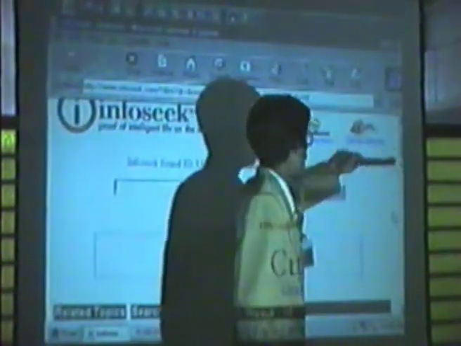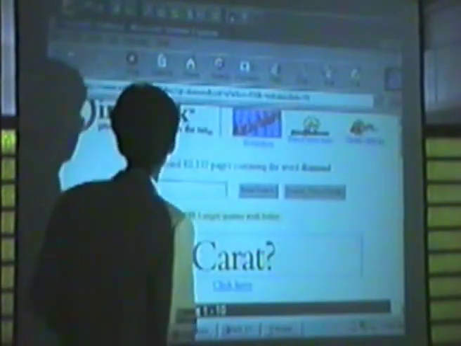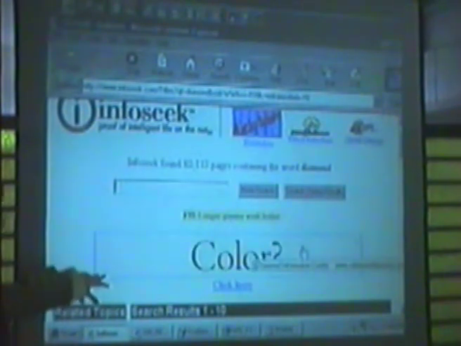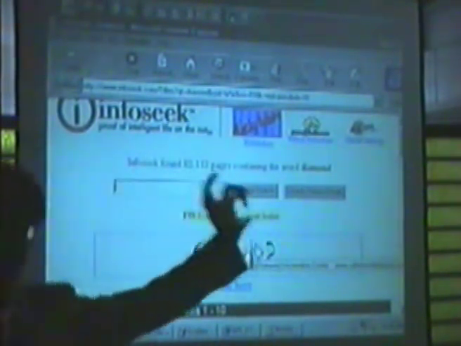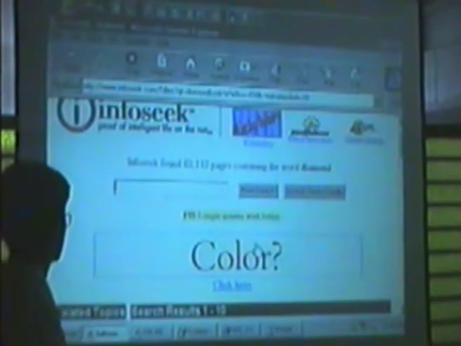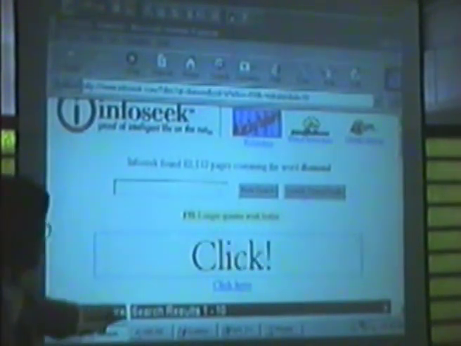This is a scroll bar which you can move. So this is an advertisement. Diamond Information Center. This is an advertisement. Like you have Tata Yellow Pages, big advertisements. Okay, so this is a big advertisement. Now, here it is just search